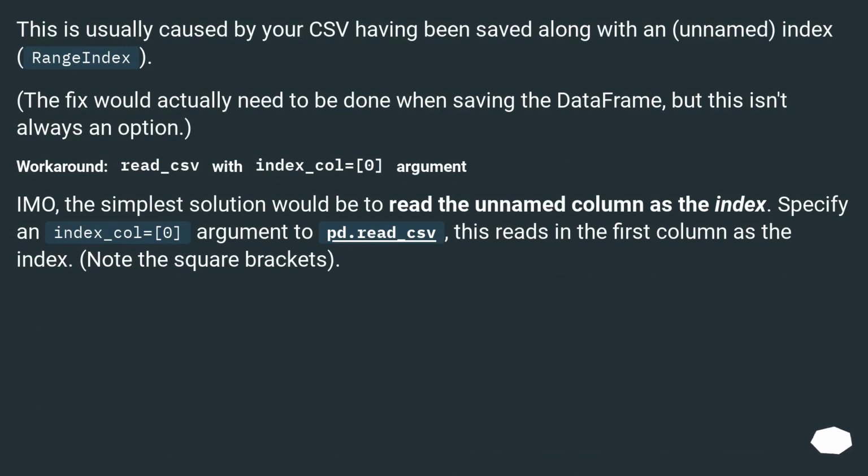This is usually caused by your CSV having been saved along with an unnamed range index. The fix would actually need to be done when saving the DataFrame, but this isn't always an option. Workaround: read_csv with the index_col=0 argument. The simplest solution would be to read the unnamed column as the index. Specify an index_col=0